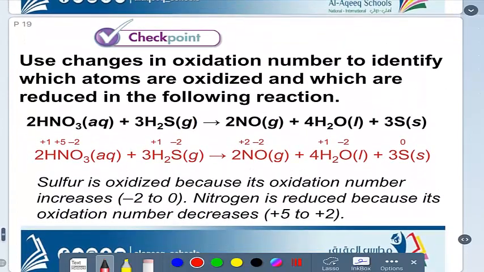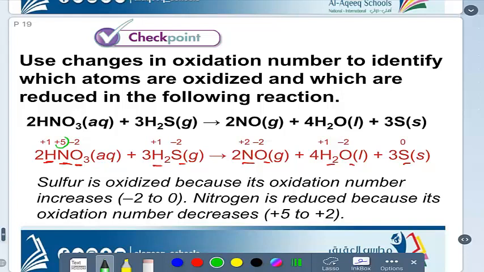Let's see this example as well. We have here a compound: HNO3 plus H2S yields NO plus H2O plus S. I don't concern with the coefficient here, it's related to the balance, but we need to calculate the oxidation number for each element. We'll do the same procedures here. You calculate the oxidation number for hydrogen, nitrogen, oxygen, also hydrogen, sulfur, and each element as we said before, and you will see that the change happens here for